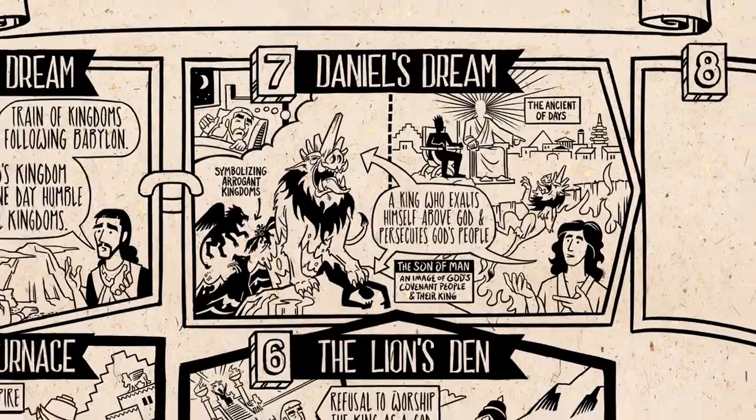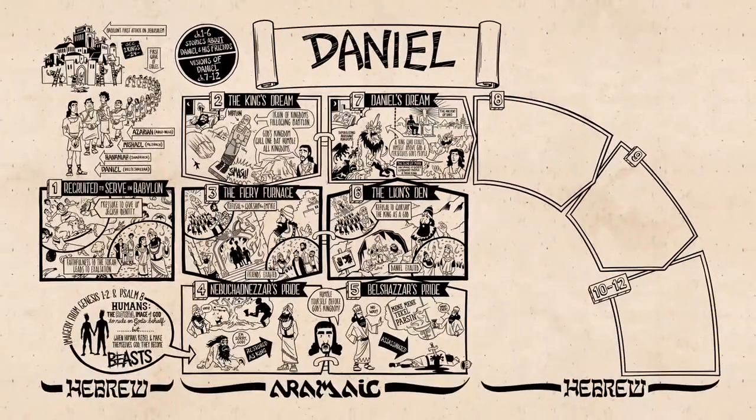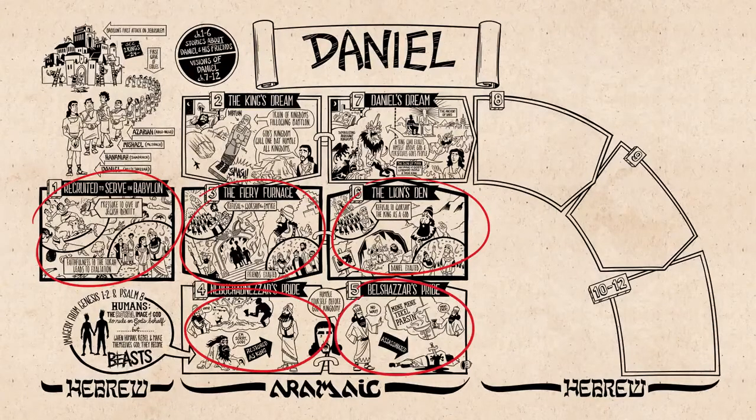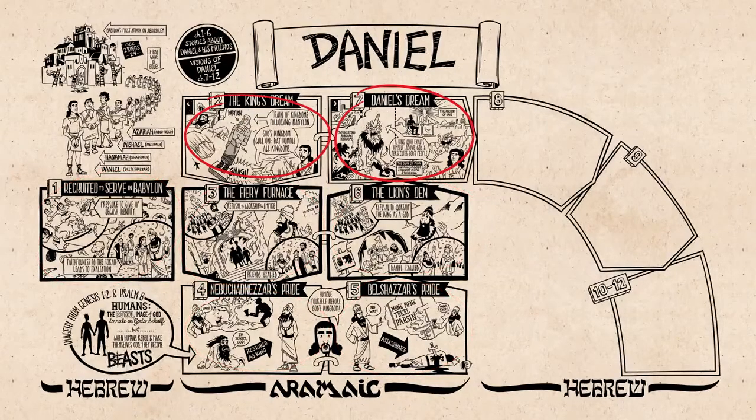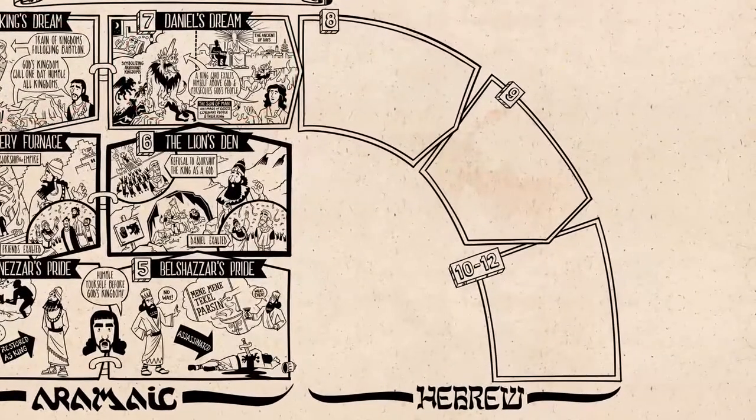We can look back now and see how all of these stories in the first half fit together. The three stories of faithfulness despite persecution, these are meant to offer hope to God's suffering people among the nations. But they suffer because human kingdoms have rebelled against God and have become beasts. And so these visions encourage patience, that God's people are to wait for him to bring his kingdom and rule over our world and vindicate his suffering people. But it raises the question about when God is going to do that, and that's what these final three visions